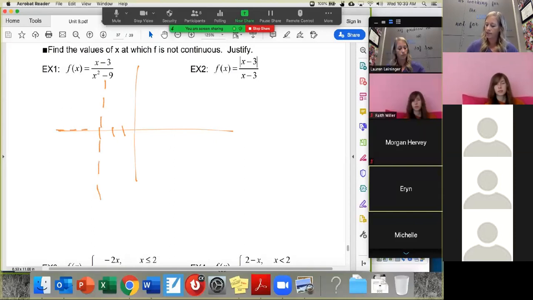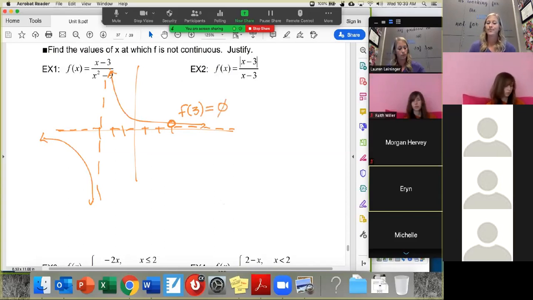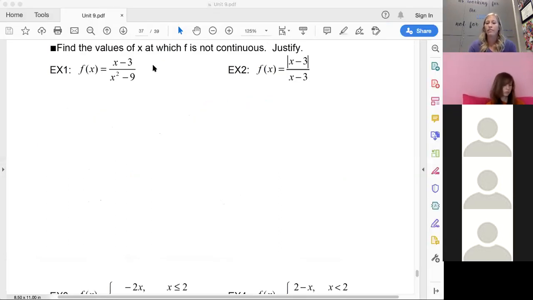I would have had a horizontal asymptote at 0, but that doesn't affect my continuity. And when we graphed that, we would have then had a branch up here. Okay, so just drawing a quick sketch. How did we draw a hole in the graph? At 3, we would have just said this, right? Well, that's exactly, visually speaking, what we said in the notes, that f of 3 does not exist. There's no value there. That's what a hole is by definition. Okay, that makes sense. So I'm visually thinking about that. And you could graph that if you wanted to, but